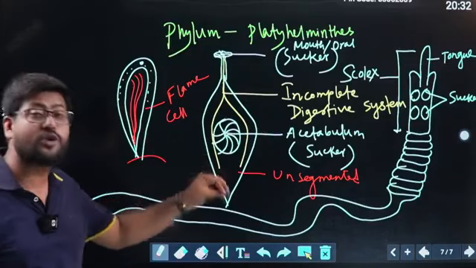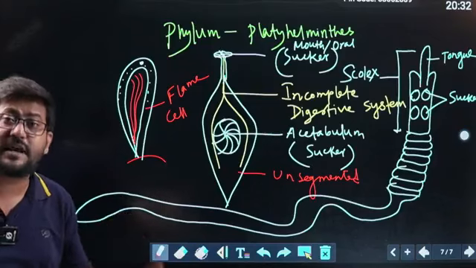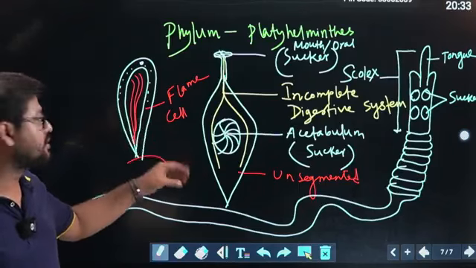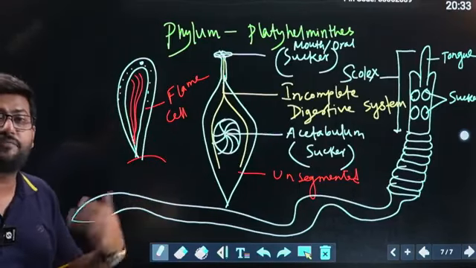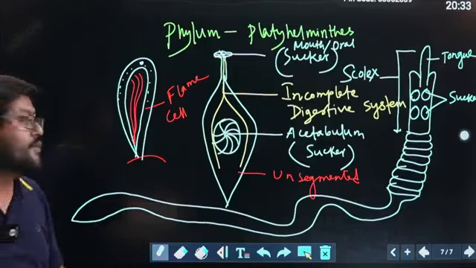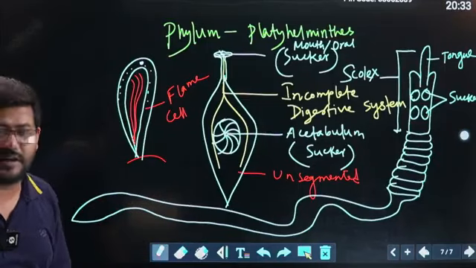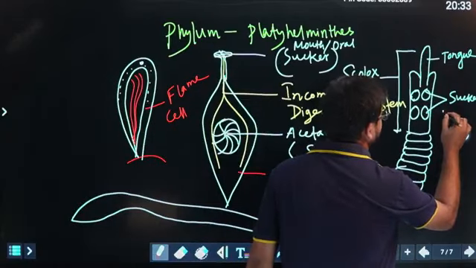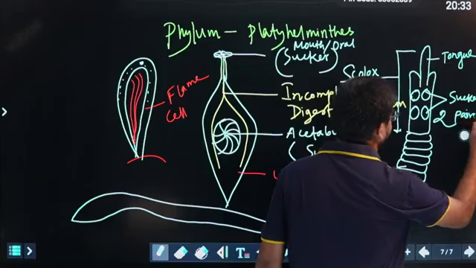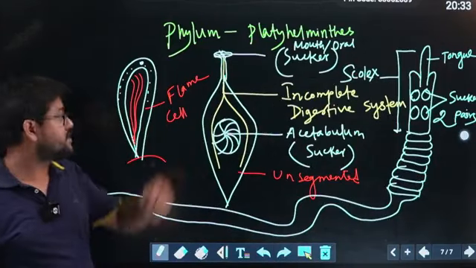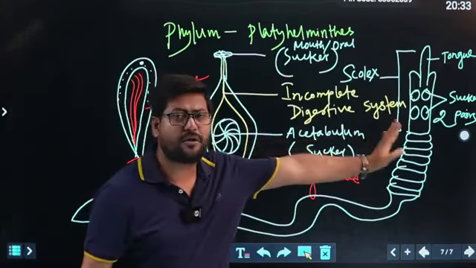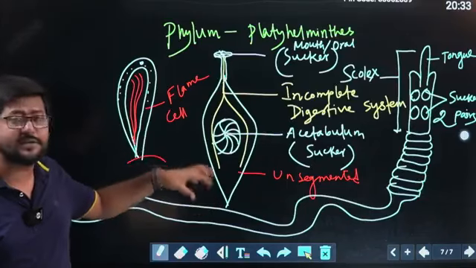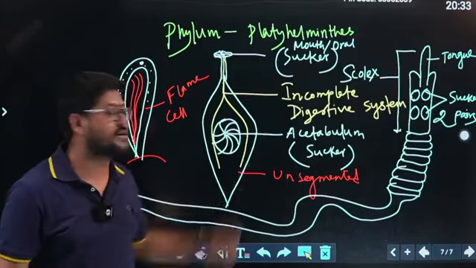But they also have immense power of sexual reproduction. Rather, sexual reproduction is very common for this kind of animals. Through sexual reproduction they deposit eggs, and the eggs are fertilized externally. For that reason external fertilization takes place. My dear students, here 2 plus 2 means two pairs of suckers are present. So there are animals in phylum Platyhelminthes that may contain two pairs or a pair of suckers. Some suckers help in attachment, that is considered the acetabulum.